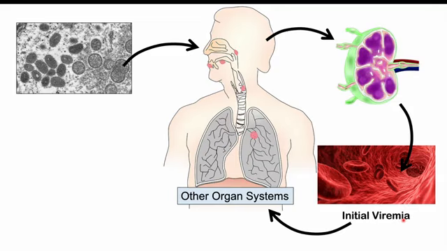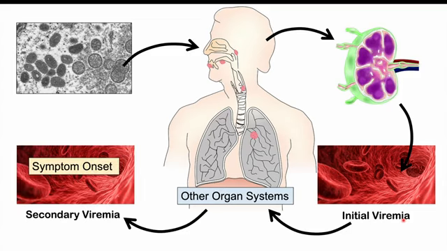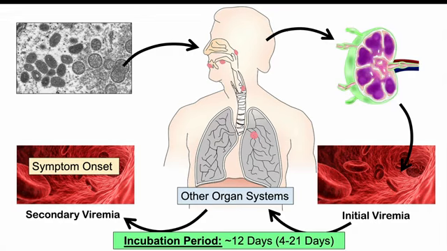And then after this initial viremia stage, it's going to enter into other organ systems. It can spread into other organ systems via the blood. Then it will stay in those organ systems, and then it will eventually leave those organ systems and enter into the blood again. That is what we would call secondary viremia. And this is when we actually have symptom onset of this particular condition. The time at which we get the virus, it goes through the lymph nodes, initial viremia, goes into the organ systems, and then leaves the organ systems to enter the blood for the second time, that secondary viremia, that is the